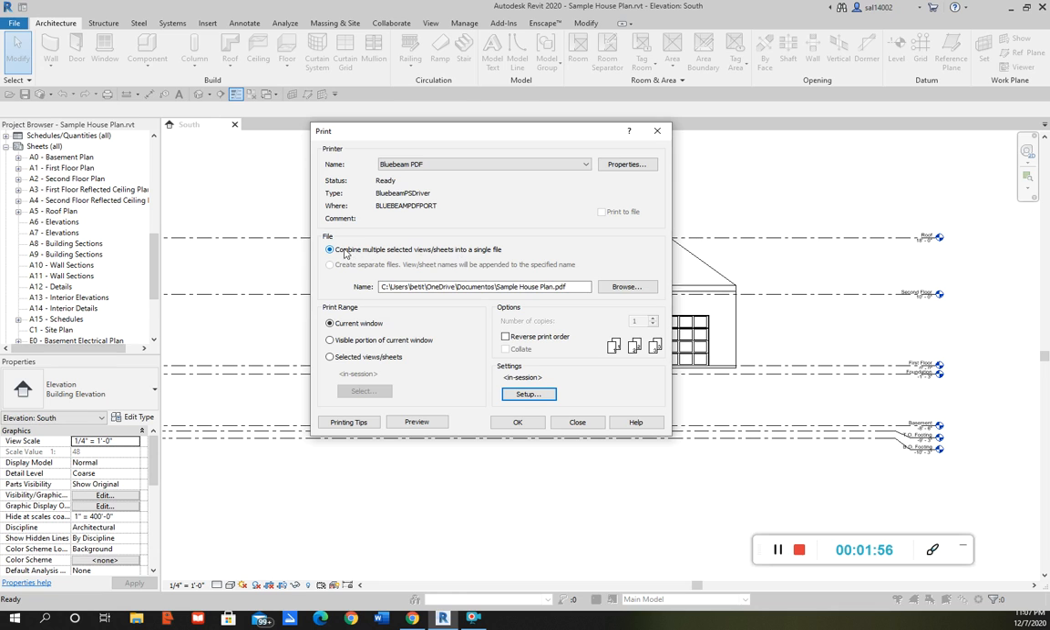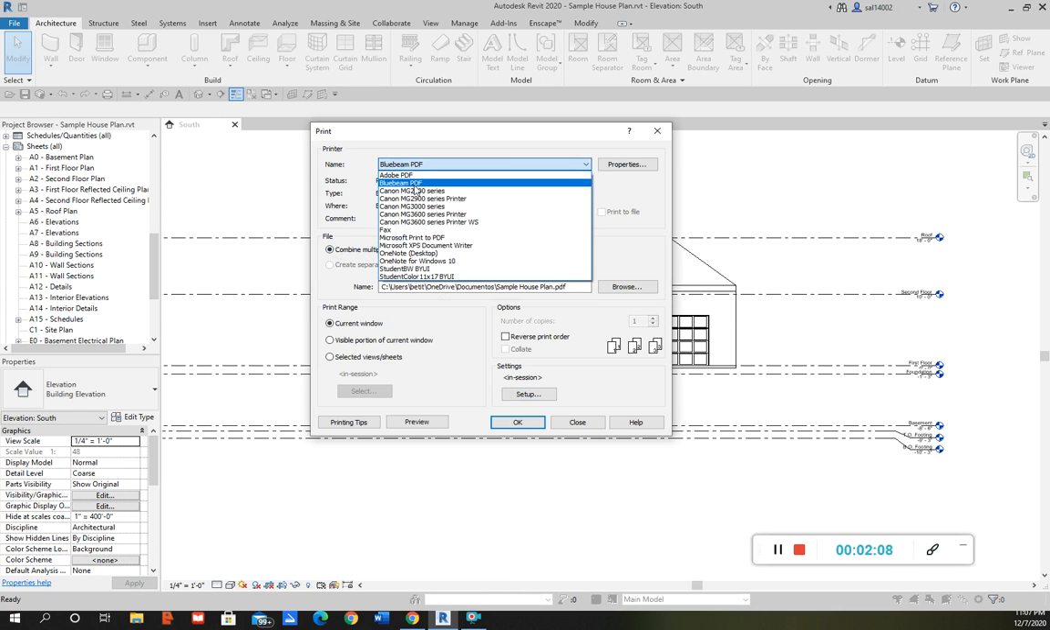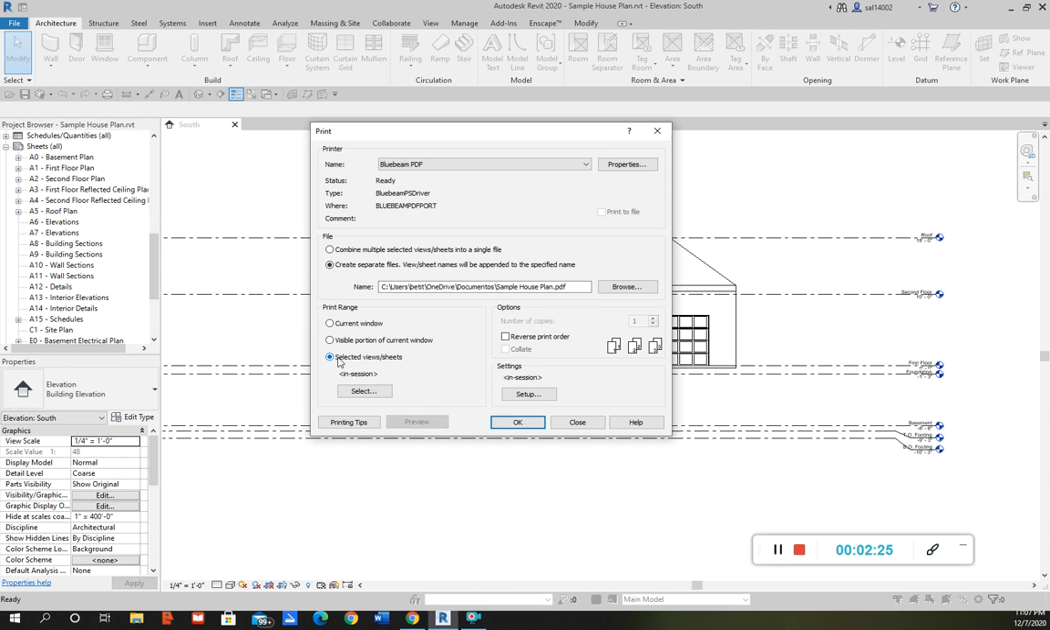And then you got to make sure, if you want to combine the files into one single PDF file, which is pretty much what we always want to do, we just make sure that's selected, and then also make sure it's going to be PDF. If you don't have Bluebeam PDF, you will normally have Microsoft Print to PDF as well, that option right there. And then you will go to the print range option here and then select the sheets that you